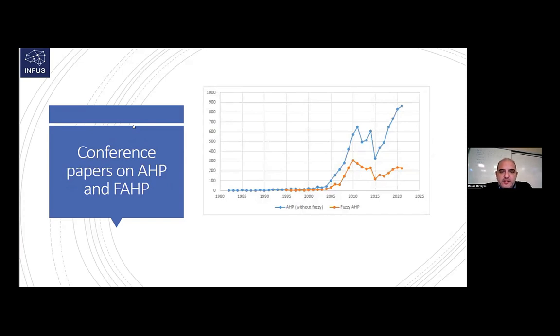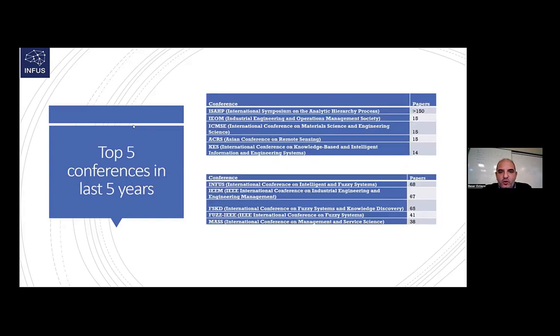Here in this slide, we can see conference papers on classical AHP, or crisp AHP, and fuzzy AHP. We can easily see that crisp AHP is published more than fuzzy AHP papers. So in order to understand the details of this result, we tried to get all the conferences publishing AHP and fuzzy AHP papers in the last 5 years, and we tried to make the data unique so that we can find the total number of AHP and fuzzy AHP